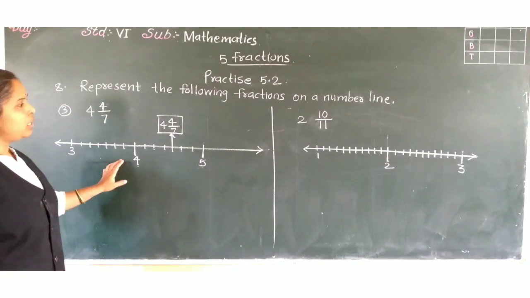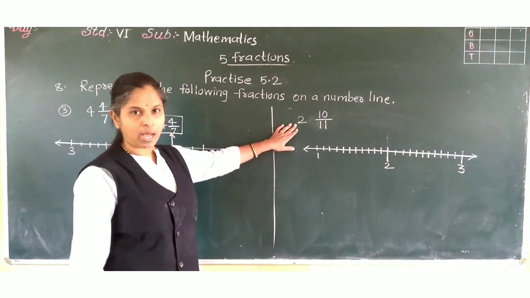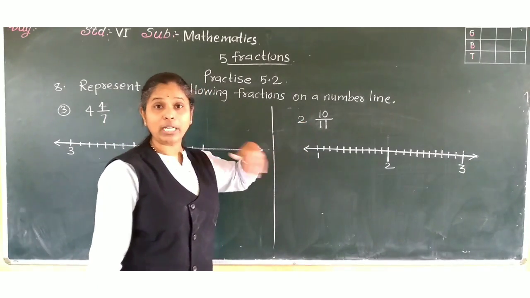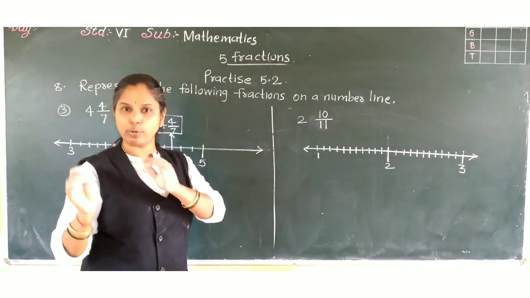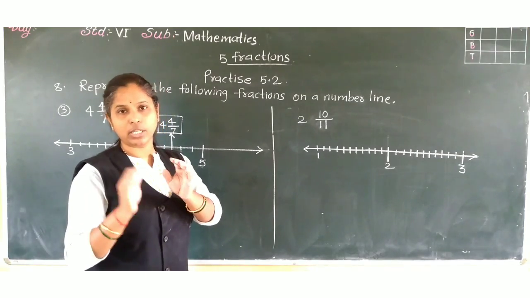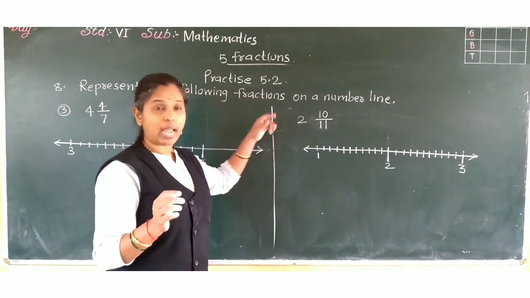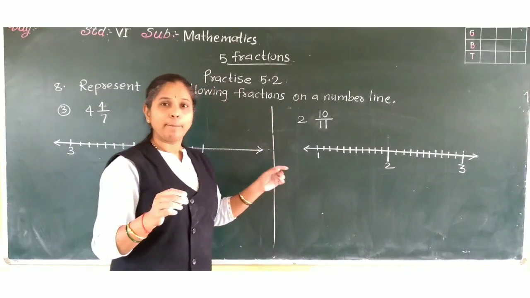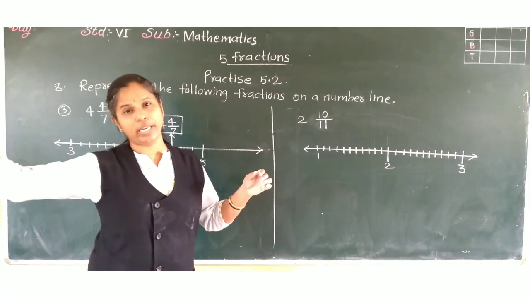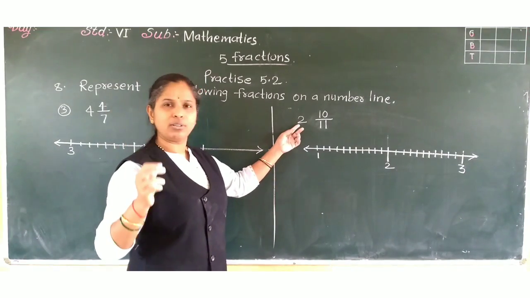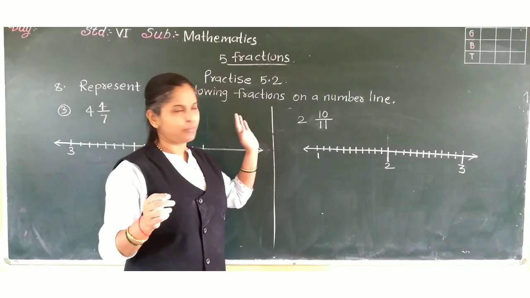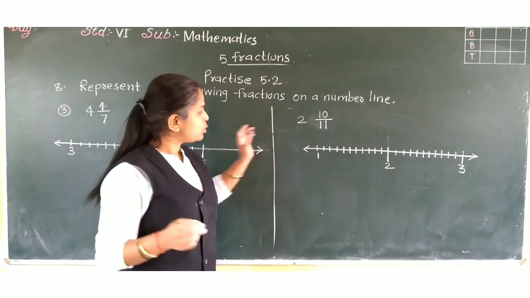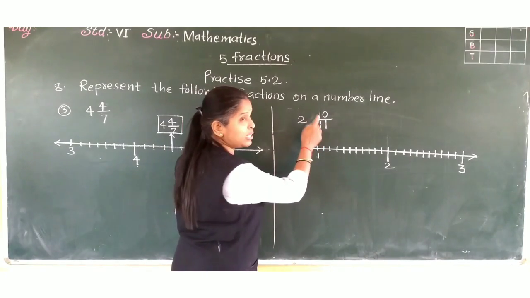Okay. Next, here 2 whole part and 10 upon 11 is the fraction. Now look at the denominator. From the denominator we come to know how many equal parts we have to make between 0 and 1. So 11 parts. That means now before 2 which number is there? 1. Why do I take here directly from 1? Because if you will start from 0 then it will be very big. Okay. So you just take previous number which is given of the whole number. Now previous of 2 is 1.